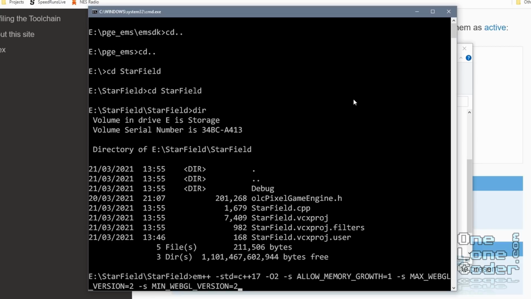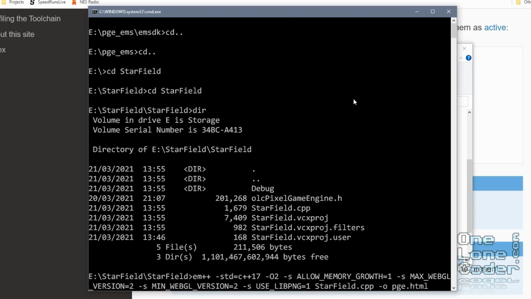The Emscripten installation comes preloaded with lots of libraries that have been ported to work in the Emscripten environment. This is very useful for things like sound and networking, but the Pixel Game Engine specifically requires that something can load sprites and images. And on the Pixel Game Engine we use PNG files. And on Linux, by default, we use libpng. So I can tell the Emscripten compiler that in fact, if you have libpng lying around, please use it. Now I want to specify the name of our source file. And finally, I'm going to specify the output name, which rather bizarrely is an HTML file. I'm going to call this one